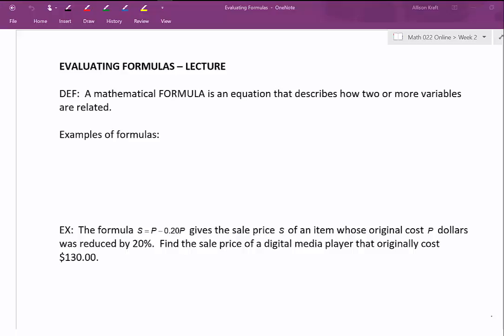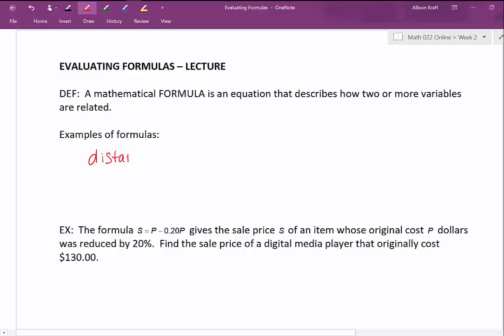In this lecture, we will be discussing evaluating formulas. A formula is an equation that describes how two or more variables are related. Examples of formulas that we're going to use in this course: